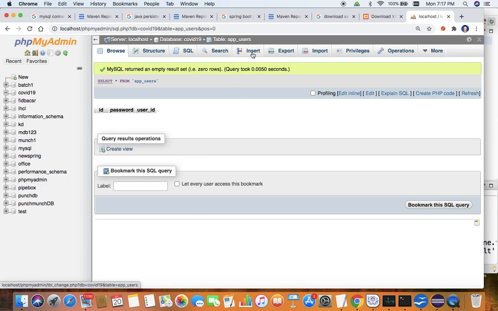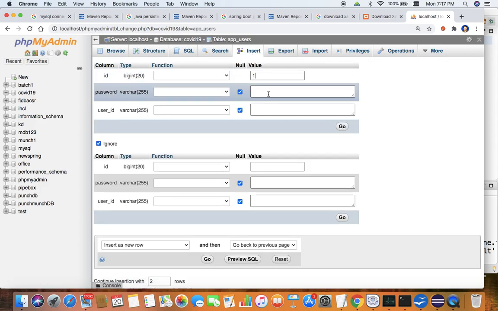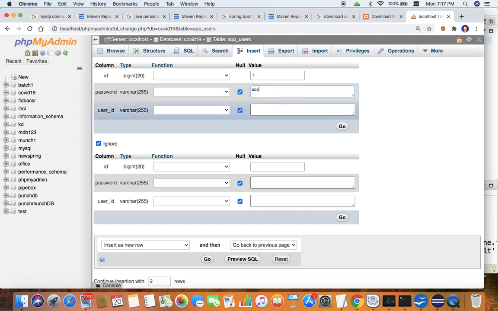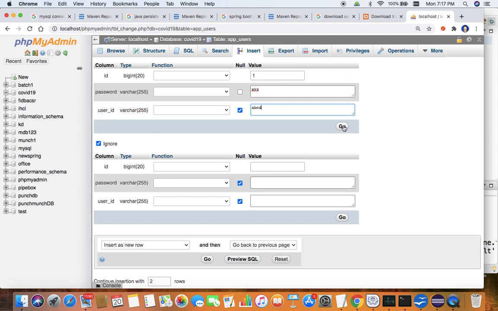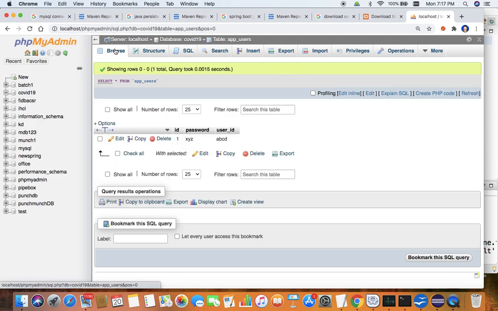You can go for this insert. You can insert a value into it. Suppose I'll use ABCD as the username and XYZ as the password. Go. If you go for browse, you will see password is XYZ, user ID is ABCD. Now since the database has the data and we have already started the application,